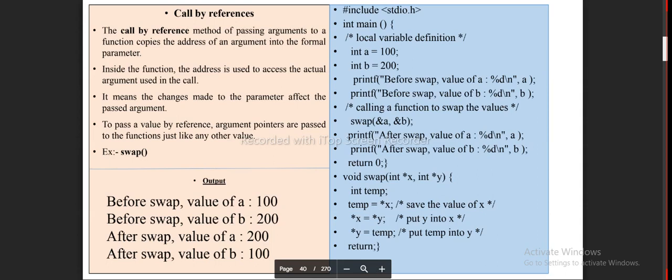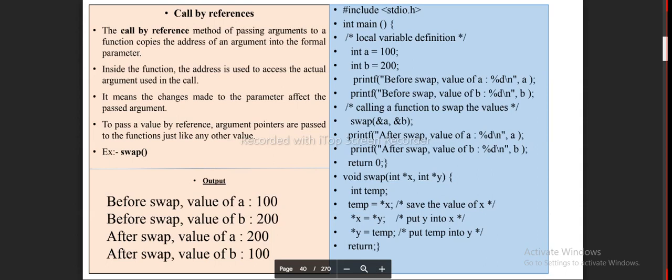printf("Before swap, value of a: %d\n", a); printf("Before swap, value of b: %d\n", b); /* calling a function to swap the values */ swap(&a, &b); printf("After swap, value of a: %d\n", a); printf("After swap, value of b: %d\n", b);